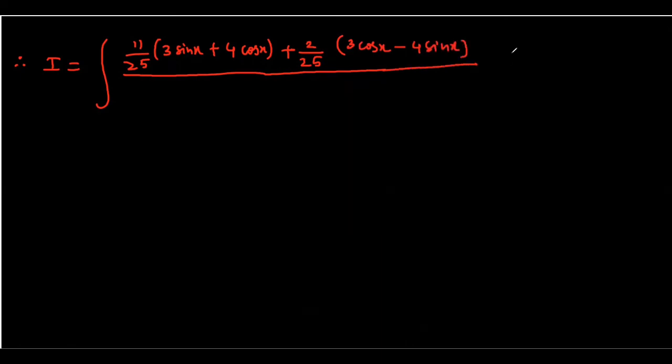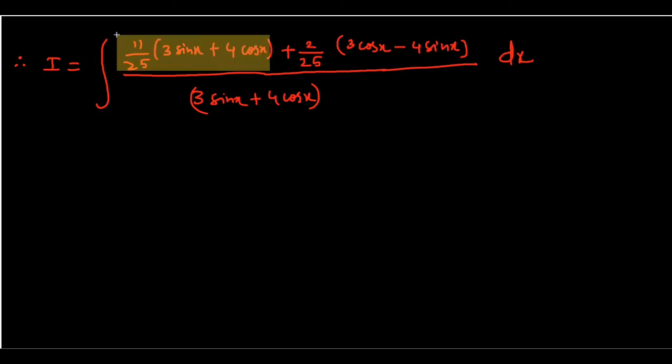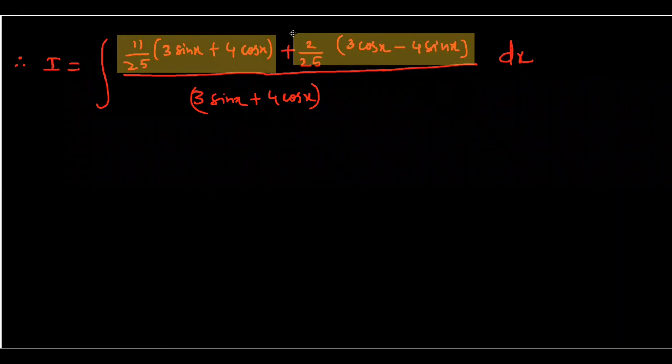What I did, I expressed the numerator in terms of the denominator. And the denominator is 3 sin x plus 4 cos x. You know, students, after this what I will do is split the denominator for these two terms. One is this and the other is this. So the next step I will get is